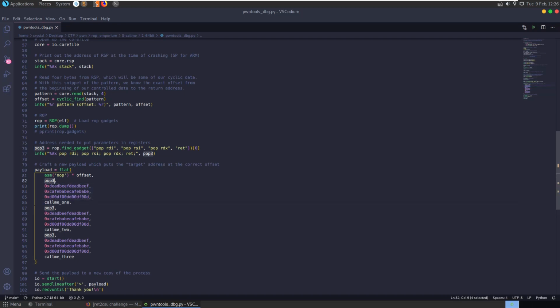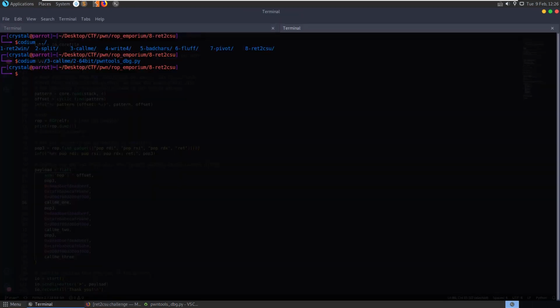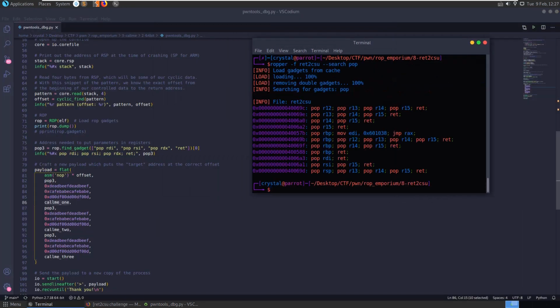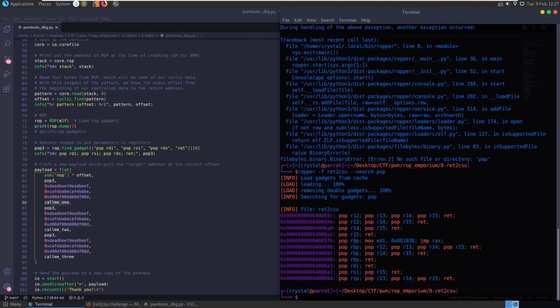What we did here is the pop3. We popped the first value to RDI, the second value to RSI, and the third to RDX, and that places the parameters into the required registers before the callme function was made. So let's go back to ropper. Just keep this open for the time being. Do we have pop RDI? We have a pop RDI here. We need a pop RSI. We have a pop RSI with R15,